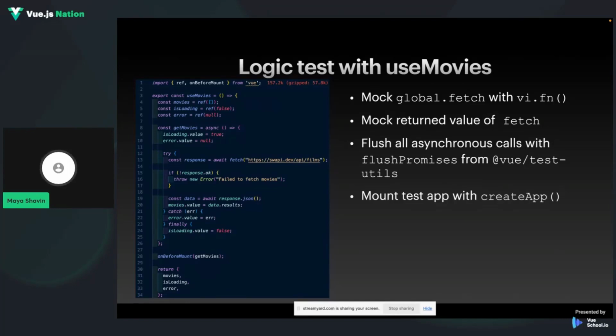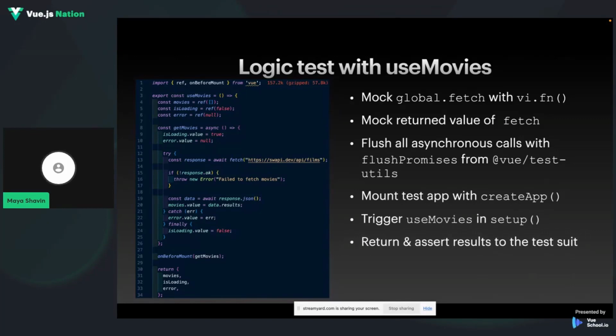You create this testing app with createApp from the Vue package, and trigger the useMovie composable inside the setup of the test app. Then you return and assert the result you get from the mounting, so you can test whether you get the right movie in the state. And finally, before you finish your test, you need to make sure that you unmount the testing application that was created with createApp.